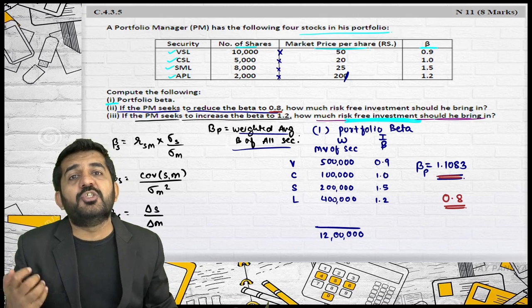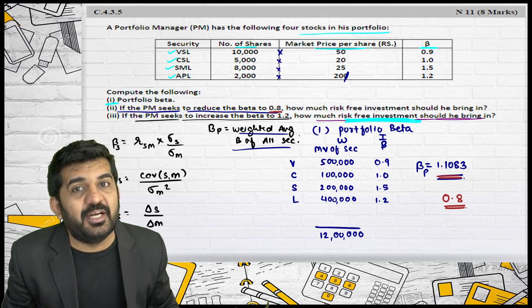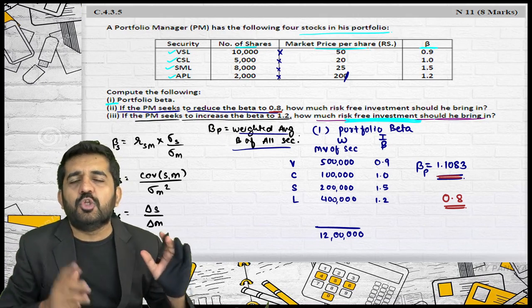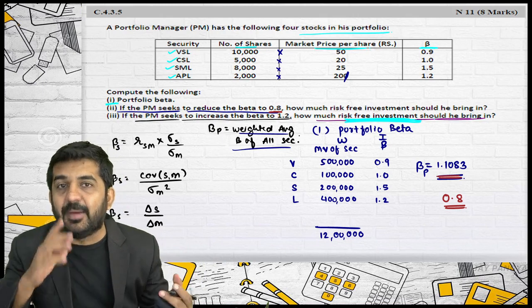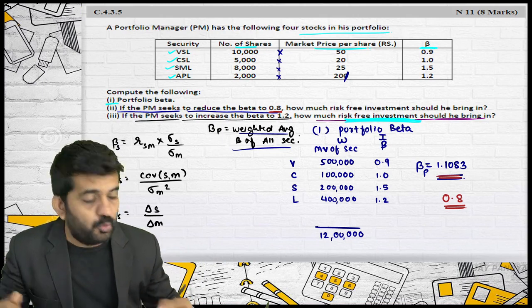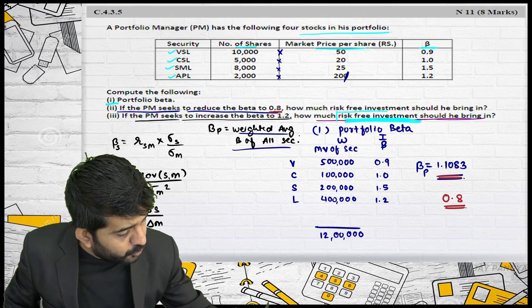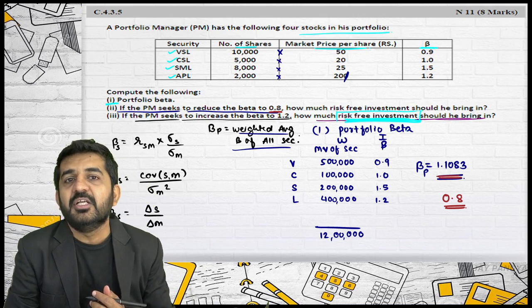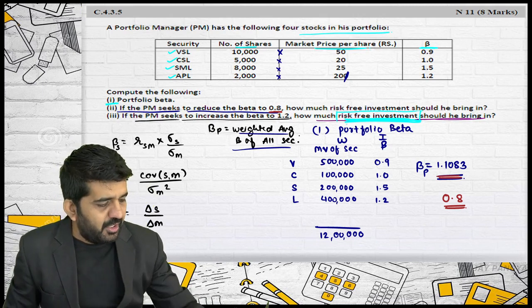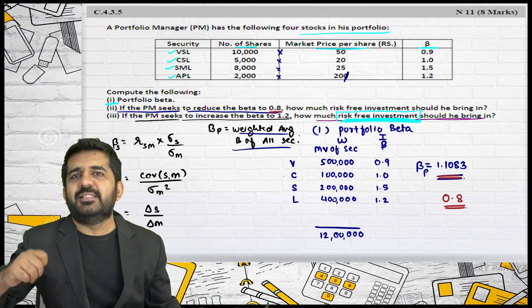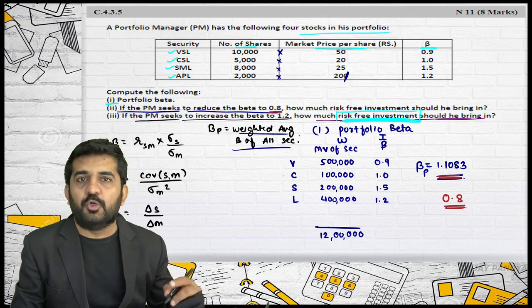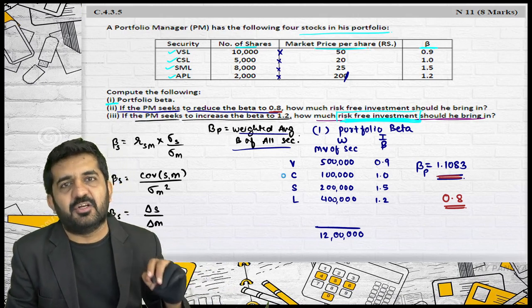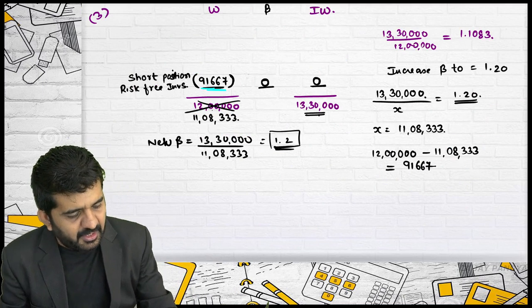You can purchase more risky security, and you can adjust both numerator and denominator in such a manner that it becomes 1.2. But here they are saying use the concept of risk-free investment and don't use any other security. So ultimately beta is increased to 1.2 by short selling the risk-free investment of